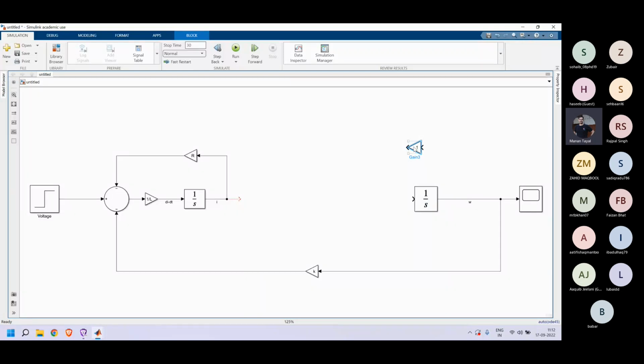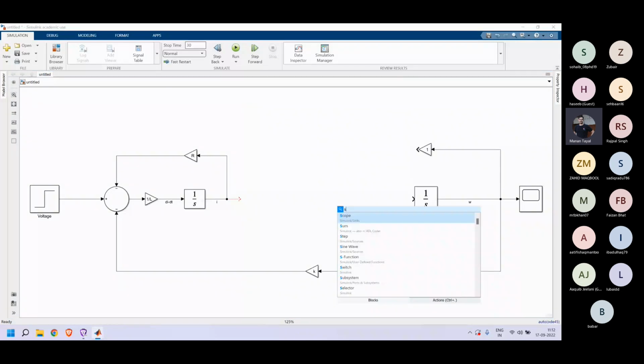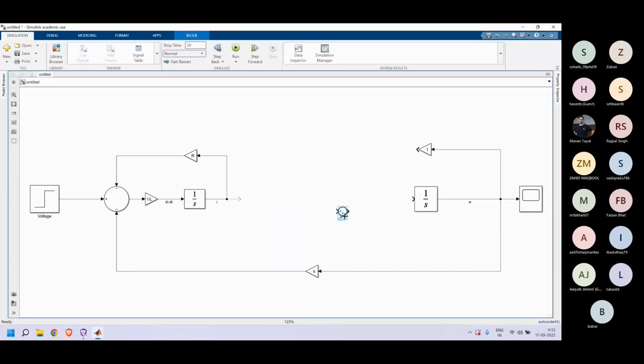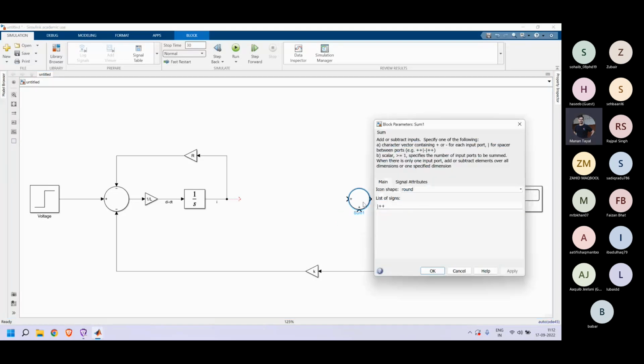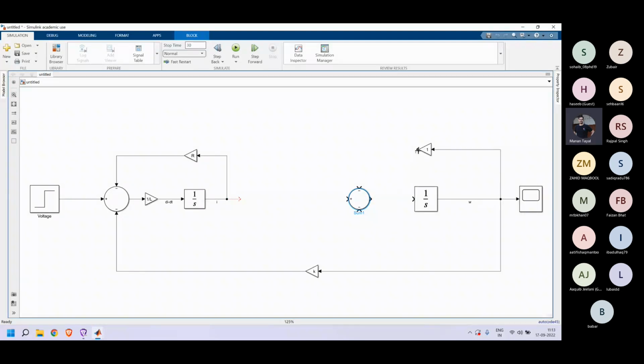Control I to flip it, and take input from this. Add again a sum block, and again I can change the list of signs here. So negative, positive, negative, apply, okay,